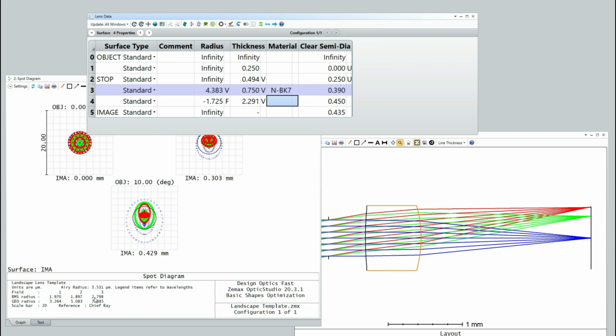So as we've scaled the lens, the f number has remained fixed at f5 and the aperture of the lens has reduced along with the focal length. So we have a much smaller lens than the one we set out to design. My point here is about the basic shape of the landscape lens. This basic shape can give us good imaging at small apertures, as when the lens gets smaller, we naturally get closer to the paraxial properties of the lens.